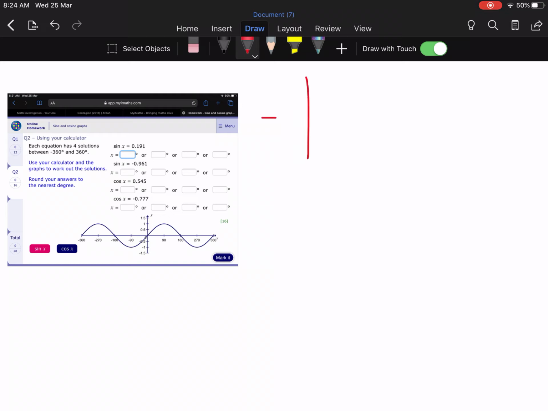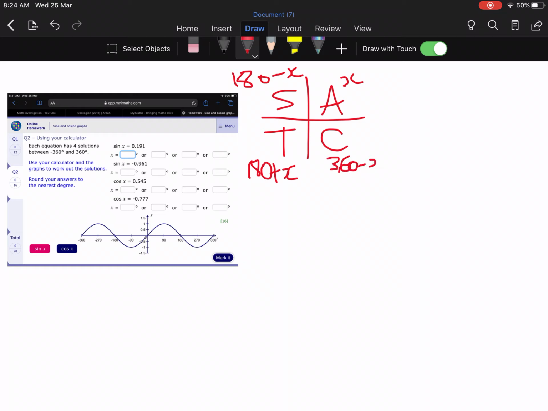So first of all, you need to remember your all, sine, tan, cos, and what they do. So you've got x, you've got 180 minus x, 180 plus x, and 360 minus x. And then you've got to remember, if I've got sine x is equal to 0.191, just using basic trig knowledge, you just do inverse sine